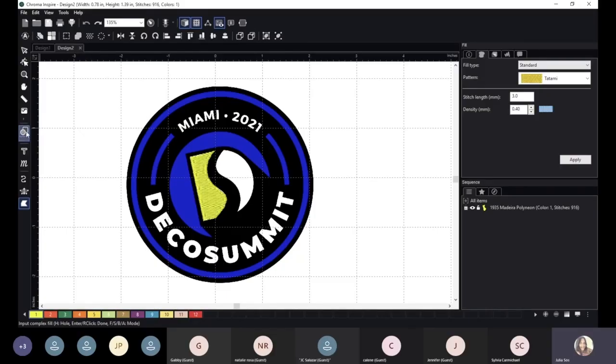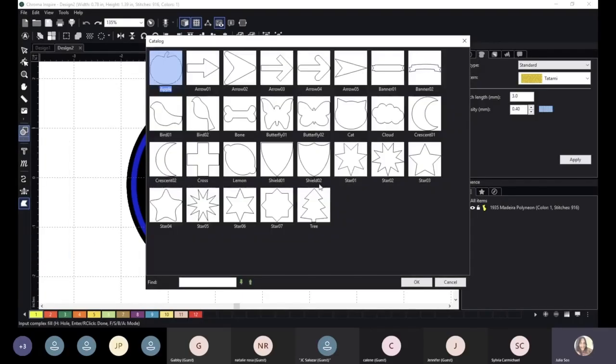So our artwork tool, if we click on this small arrow, we have all of these preset shapes. So your rectangle, your ellipse, stars, hearts, leaves. You even have a flower here. If you click custom, it will open up a small catalog of some other shapes like arrows and banners and